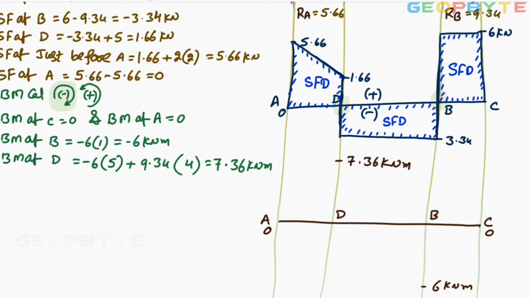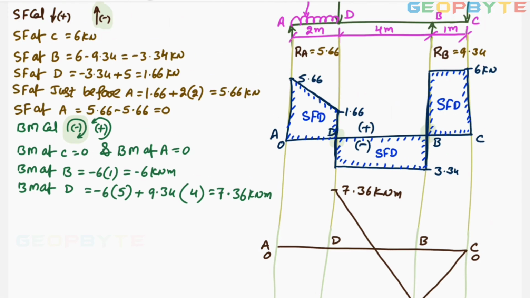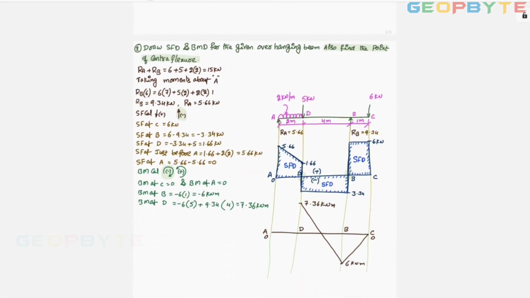Now start from C. The bending moment diagram is linearly varying due to point loads. Because of point loads, the bending moment diagram is linearly varying. You should be very careful while constructing the diagram like this. Straight line variation. And look at the diagram between D and C, and between D and A. It is UDL. UDL gives a parabolic curve like this. That is the BM diagram.